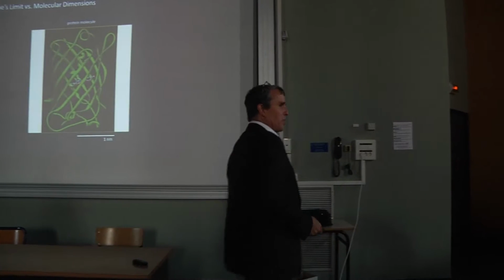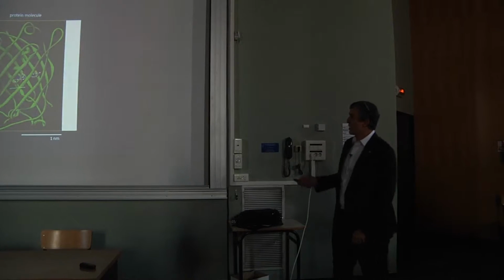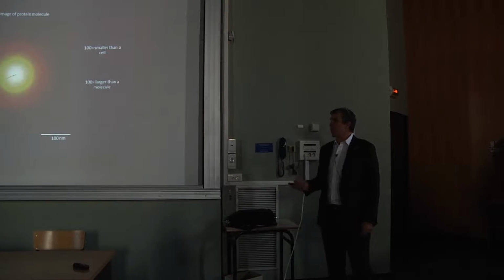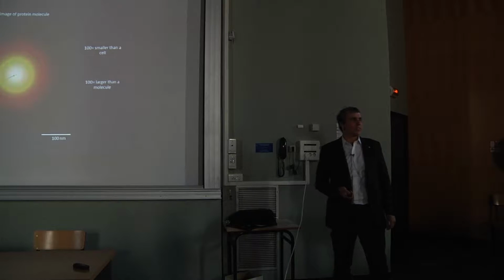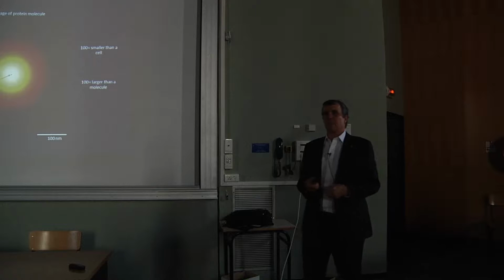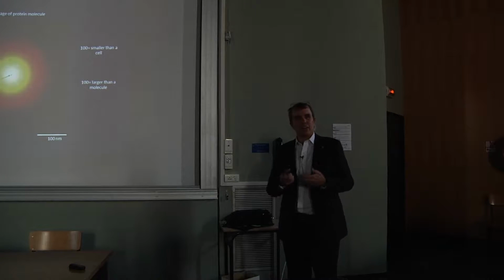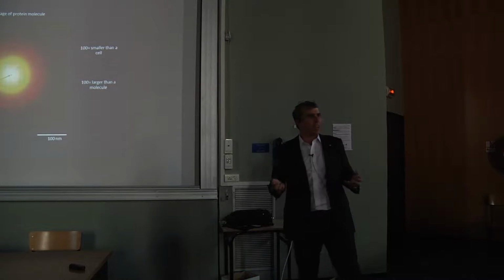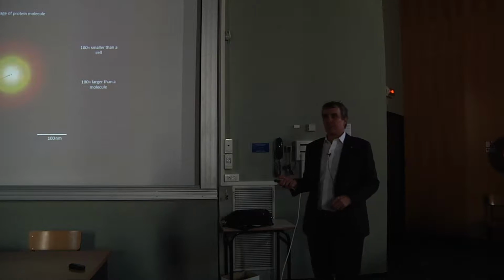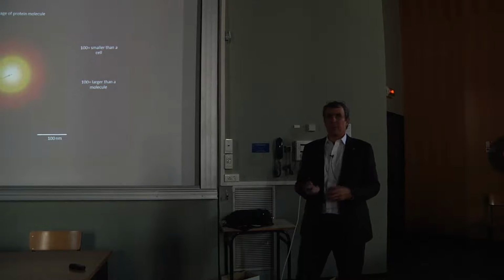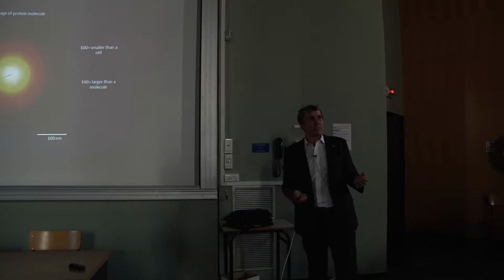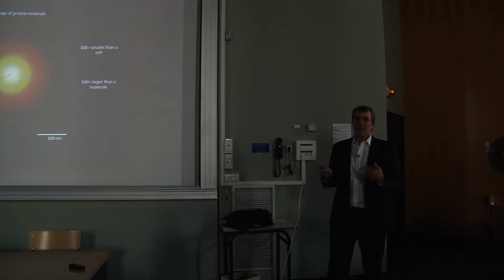So a large part of my career has been working on the problem that if that's the size of a protein molecule, then when you look at it in a regular optical microscope, what you see is that big fuzzy blob. On the one hand, this is bad news because if we want to understand how inanimate molecules can assemble to create an animate cell, it's too coarse by about a factor of 100. But on the other hand, it's good news because that fuzzy blob is still 100 times smaller than the cell itself.